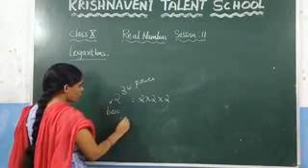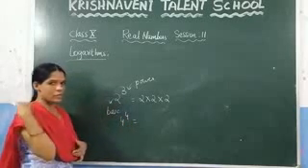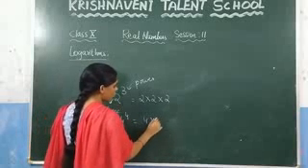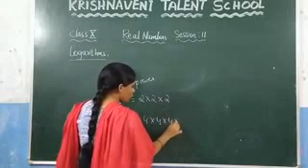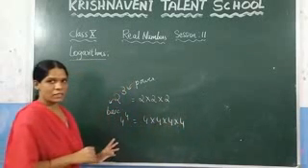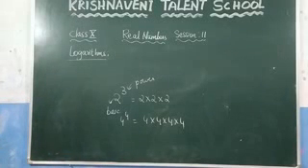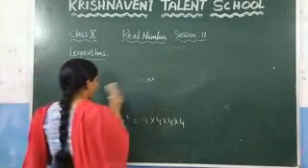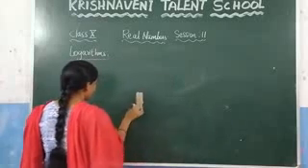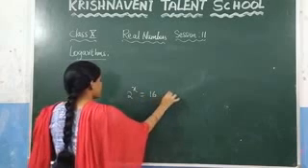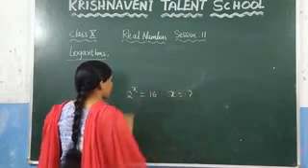And if you want to write 4 power 4, how many times do you need to multiply 4? 4 times. You can write it as 4 into 4 into 4 into 4. This one you already studied. And now, suppose you are given 2 power x is equal to 16. Then they ask what is the value of x.